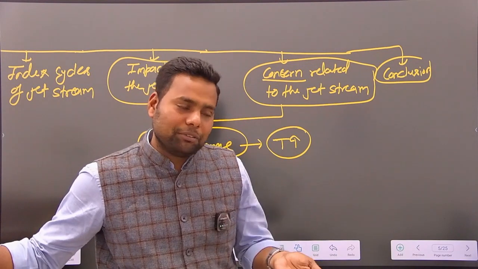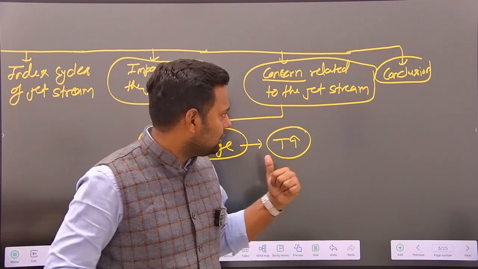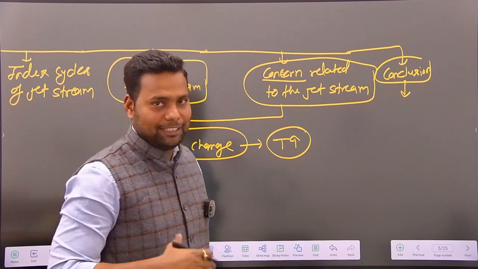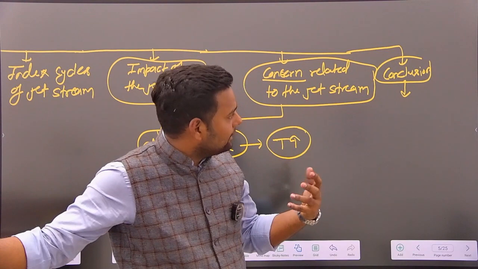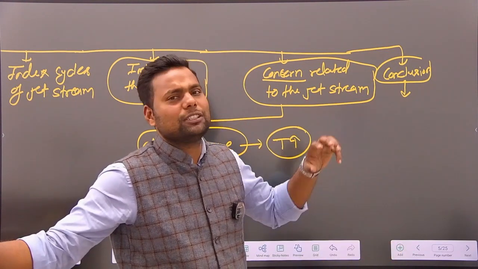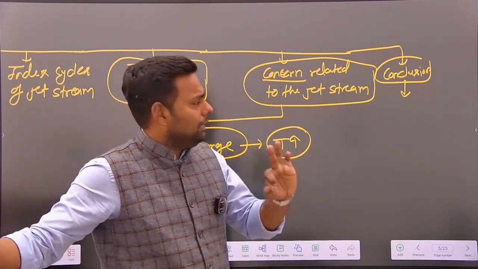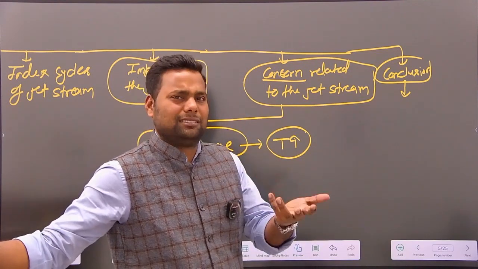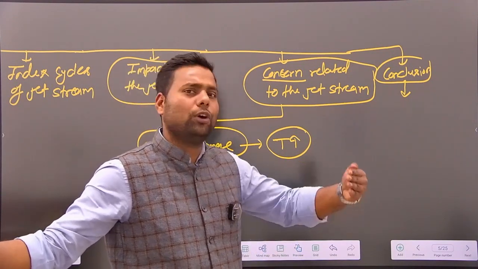When the jet streams are weakened, all the phenomena associated with the jet stream are affected. And the conclusion is that scientific research and discovery on the jet stream is still going on, and at this time we have less information about the jet stream, because the research is ongoing.